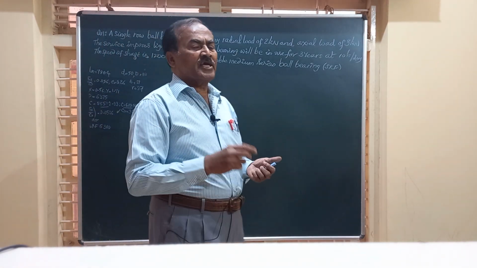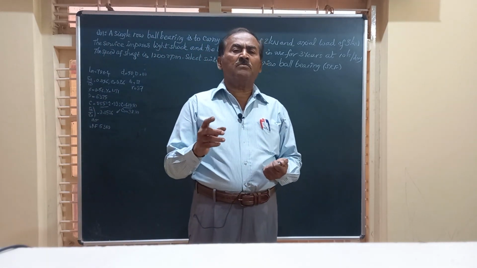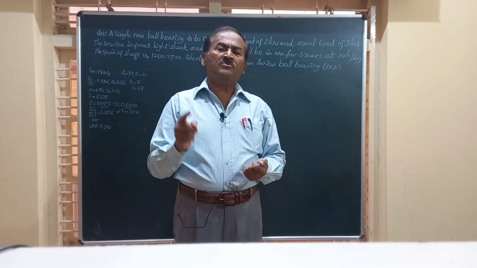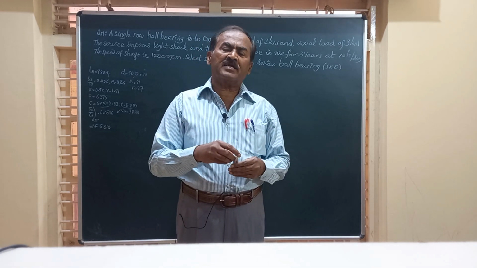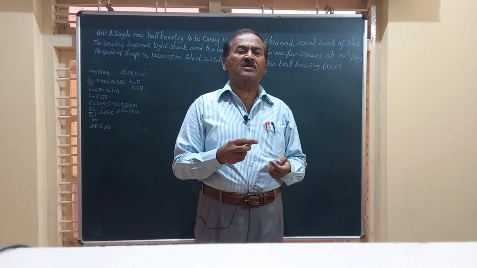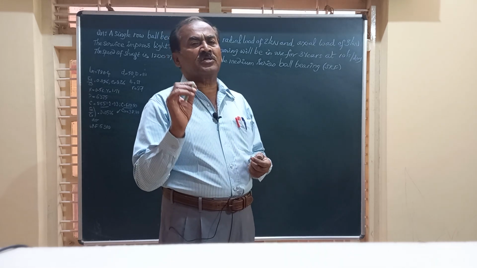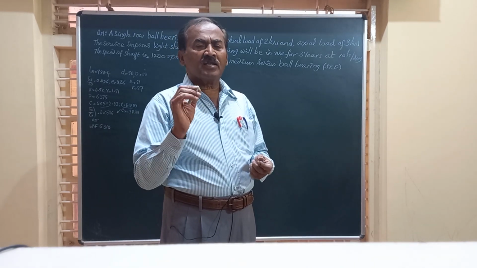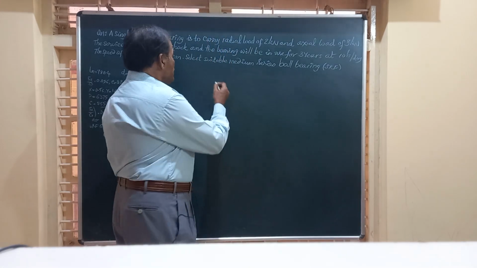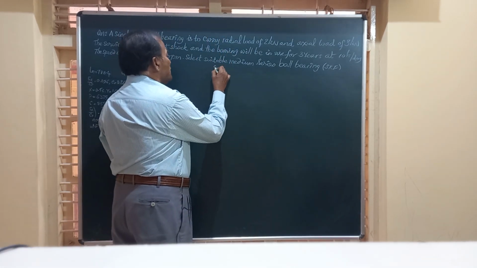Friends, a step common to both type 1 and type 2 problems, that is, when diameter is known and diameter not known, is the first step in the design: calculation of the life of the bearing in millions of revolution. So friends, in step number 1,